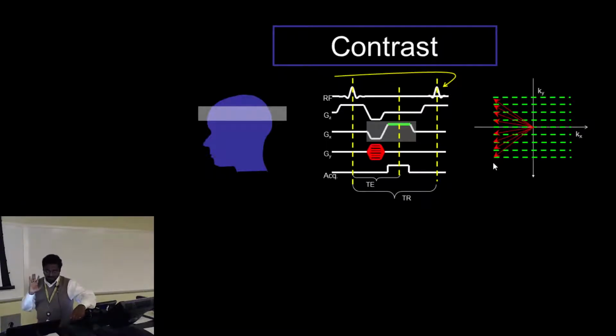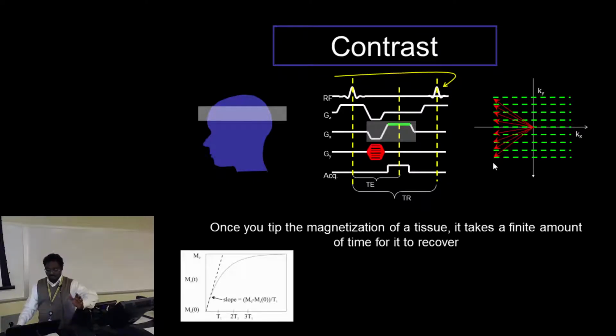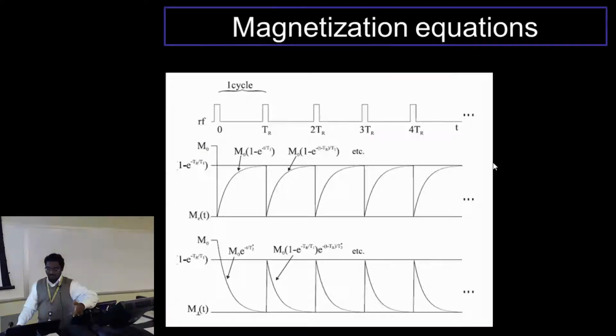These cartoons are just to remind you how we are doing this imaging. We are doing this line by line, so you're doing multiple excitations and readout of your K-space, right? Each time you're tipping the magnetization, you have the longitudinal recovery. Effectively, this is the type of experiment you're doing. Your TR is going to determine how much your longitudinal magnetization has recovered. In this case, the excitation is 90 degrees, so the longitudinal magnetization has been completely tipped into the transverse plane,